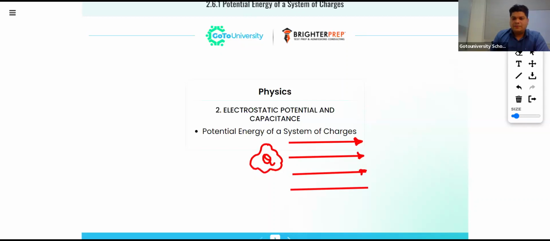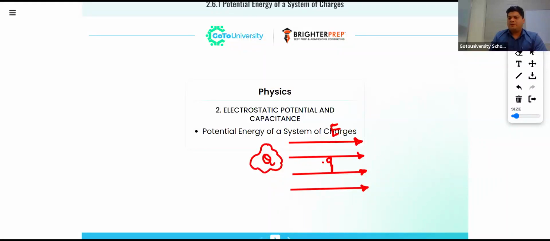Electric field will be represented by what? It will be represented by E. Now if we keep a charge small q in it,